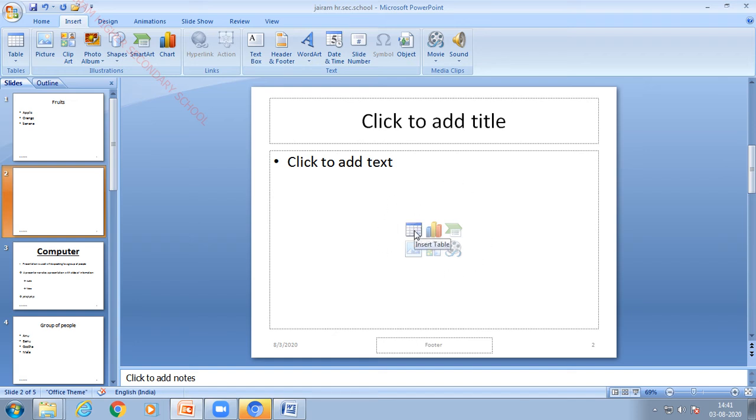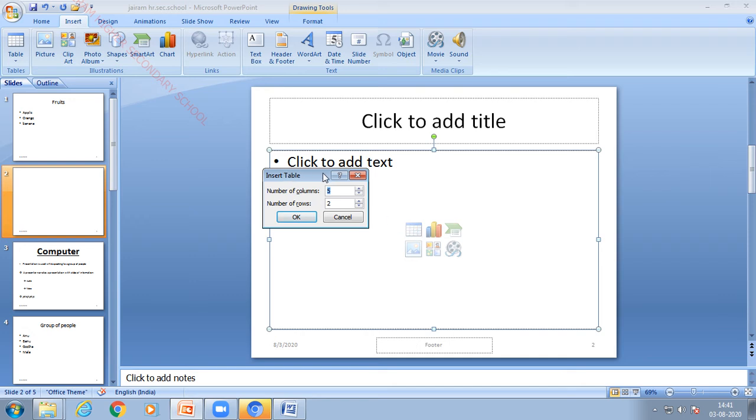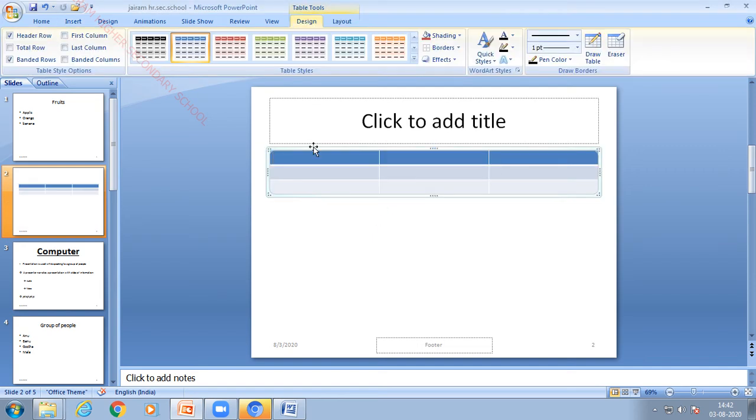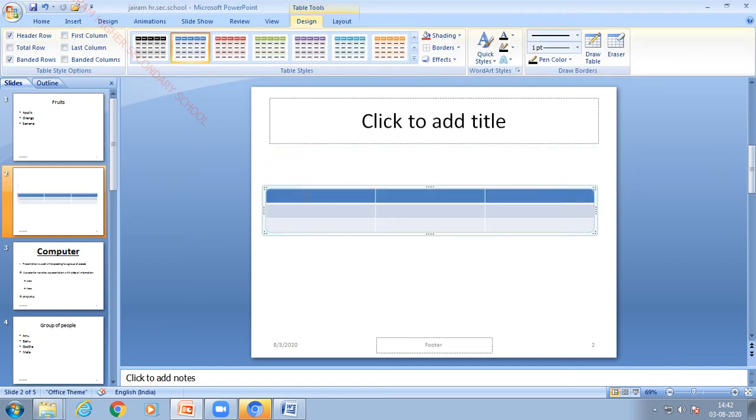I just have to click this table icon. An Insert Table dialog box will appear on the screen. Here I can mention how many columns and how many rows I need. I am going to give 3 columns and 3 rows, then click OK. One table will be created like this, where you can type text. So I'm going to type some text here.